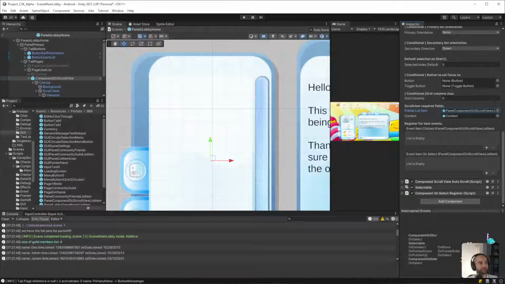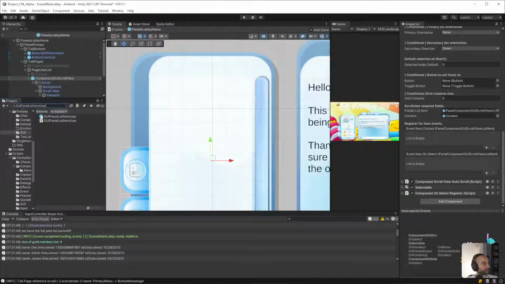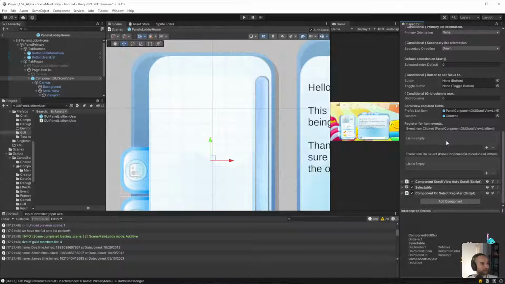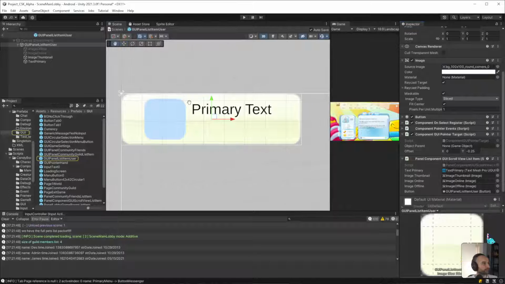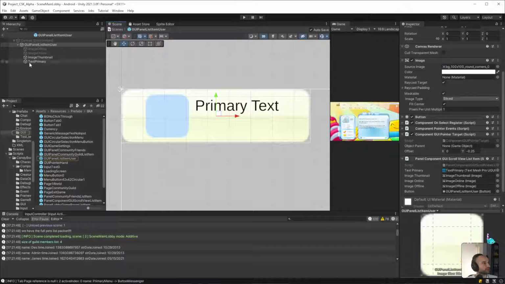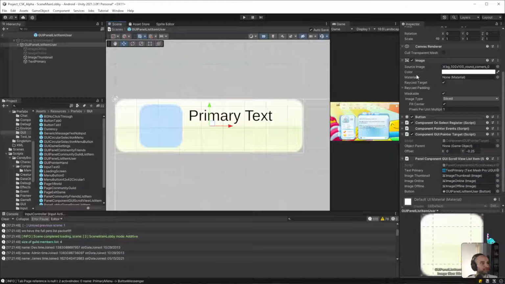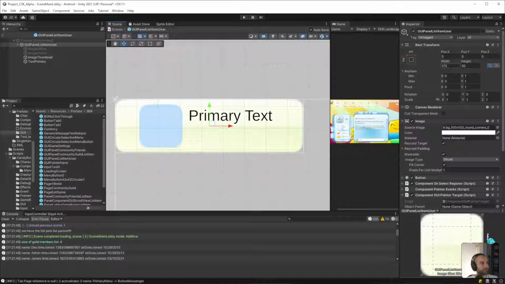What was the name of it? That's what it was. Okay, so we will drag and drop this in, into here, and that's the prefab that we're going to use. Let's adjust the width. The nice thing is that it's a 9-slice background, so we can easily adjust the width.